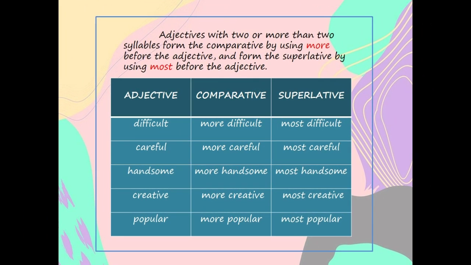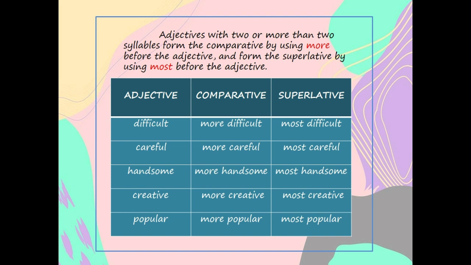Now let's look at this next rule. Adjectives with two or more than two syllables form the comparative by using more before the adjective and form the superlative by using most before the adjective. The word difficult